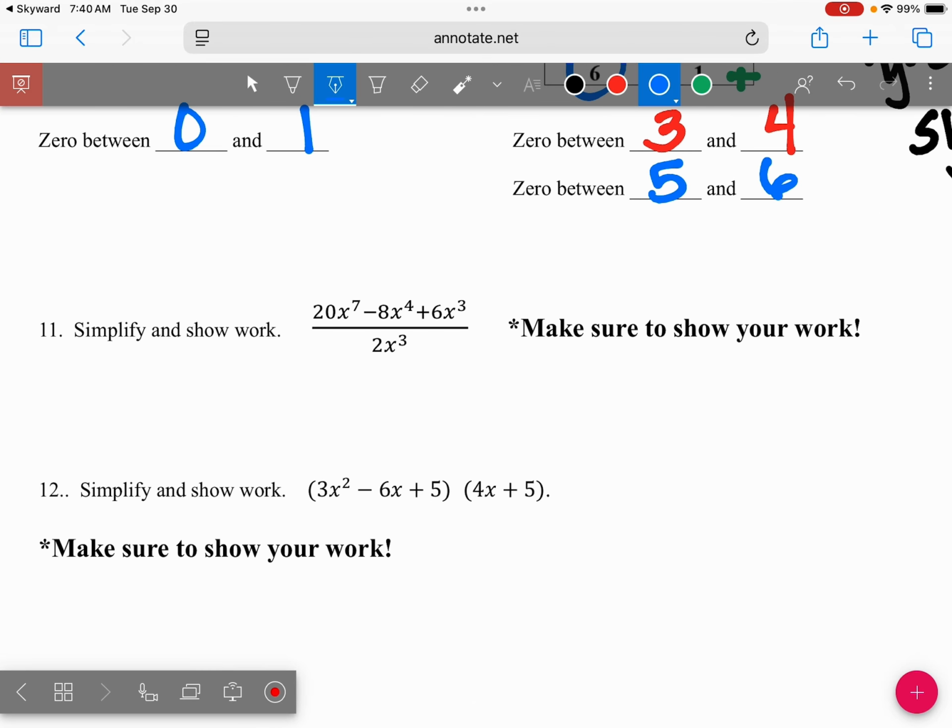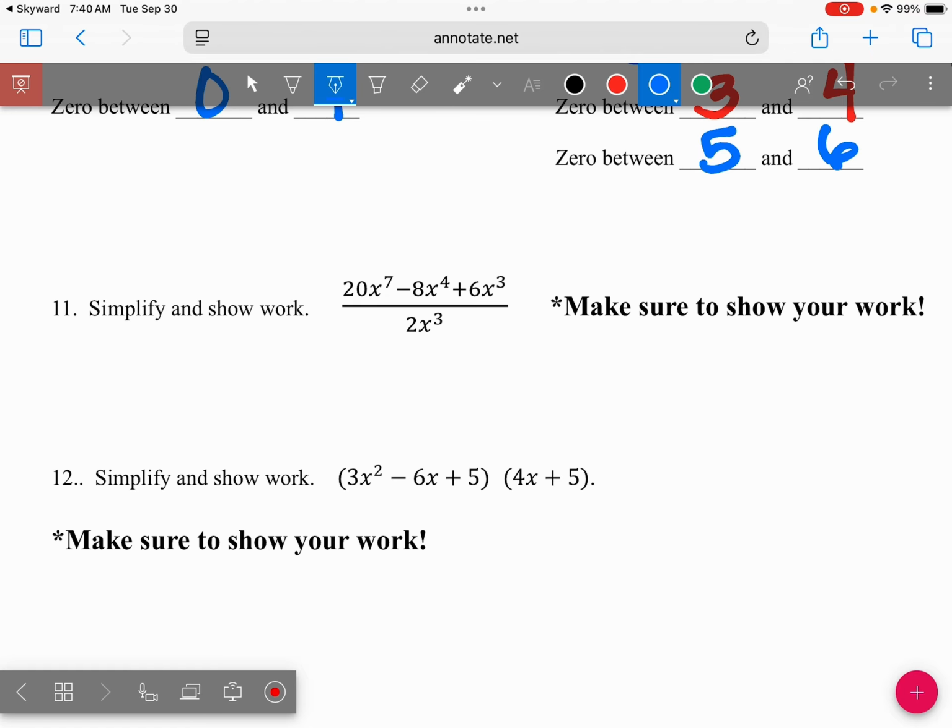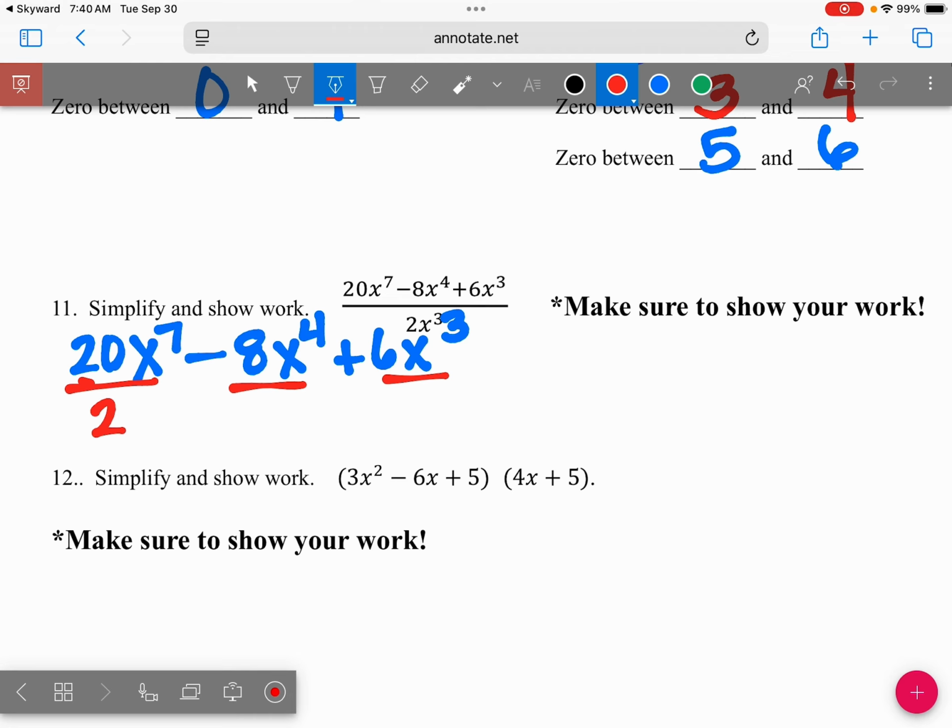Oh, they did not give us a lot of space. Okay, so it's one term, so we have to do long division. I'm just going to set it up. So I have my 20x to the 7 minus 8x to the 4th plus 6x to the 3rd. I'm dividing each one of those terms separately by 2x to the 3rd. So you're dividing the numbers and subtracting the powers. So the first one,